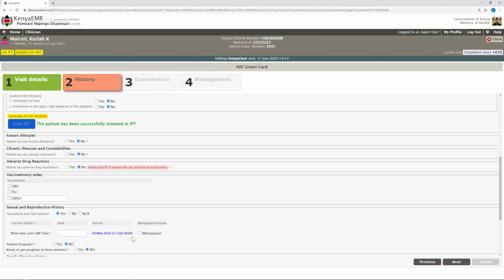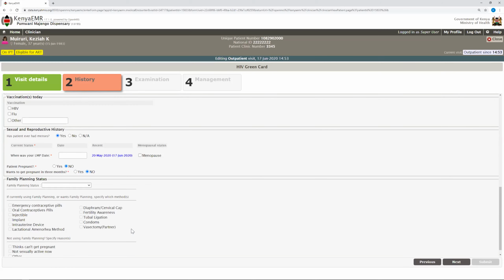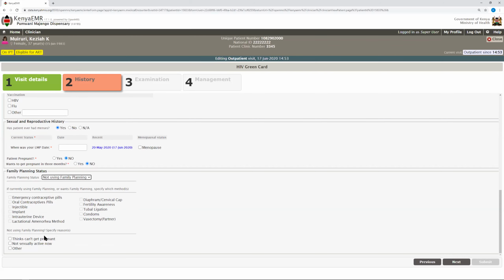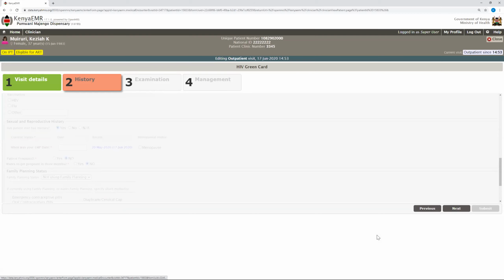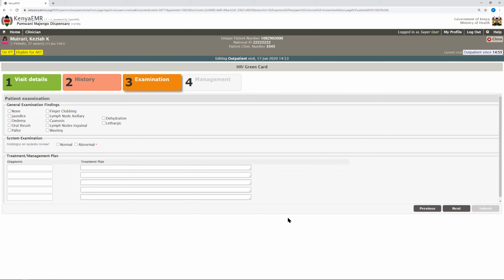And then we move to family planning status. The options, depending on the client: the client is on family planning, not using family planning, wants family planning. So this client is not using family planning. Not using family planning, you specify the reason, such as cannot get pregnant, or any other option. So we are on examination, our third tab, the general findings. Depending on your assessment as a clinician or a provider, you check the appropriate one. If there is none, system